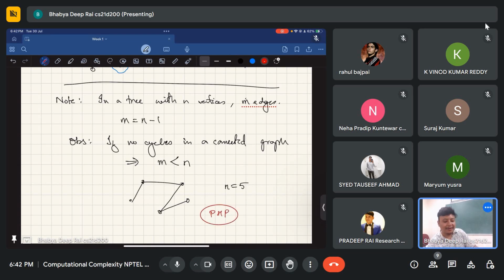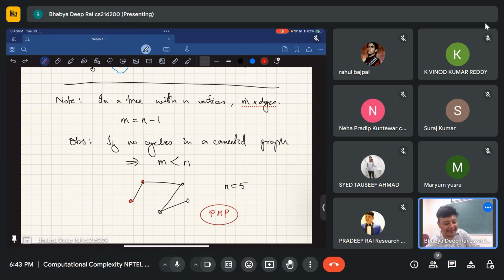If you're aware, you can say that these vertices can be considered as pigeonholes and edges as pigeons. If everyone is familiar with the pigeonhole principle, then you can say that if I put n plus 1 pigeons in n minus 1 pigeonholes, then there will always be a pair of vertices such that there is an edge between them. You can make such an argument, but you can look at it intuitively also, that if I put an edge here, then obviously